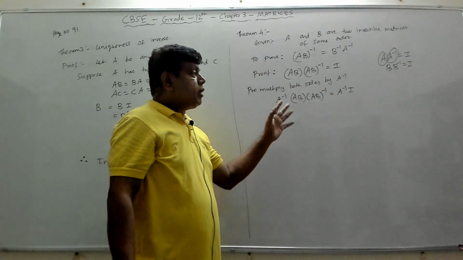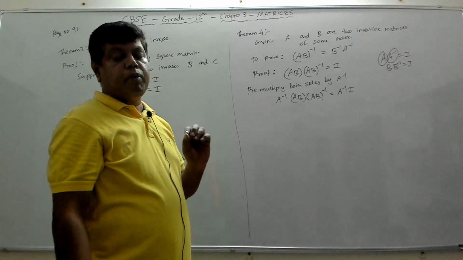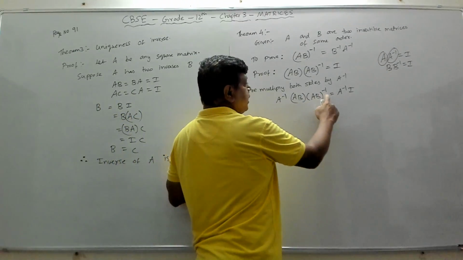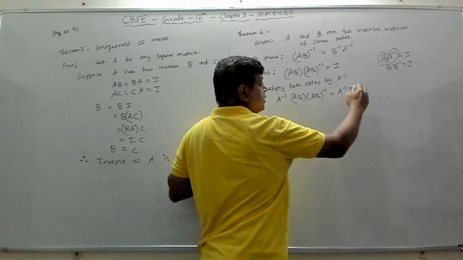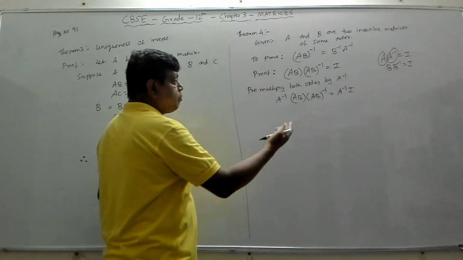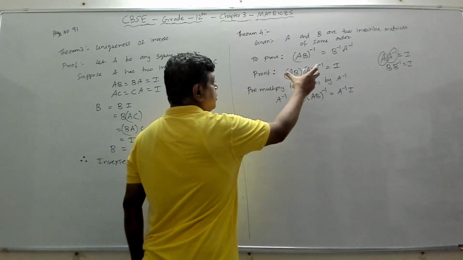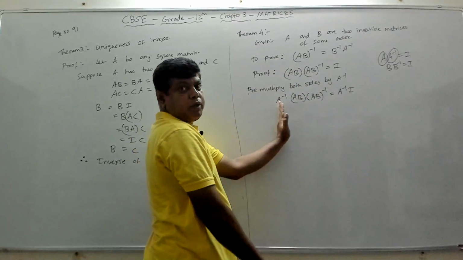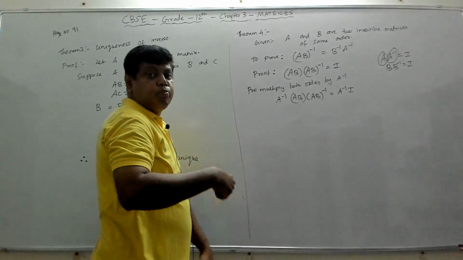You see, in matrix multiplication, pre-multiply and post-multiply are very important, because matrix multiplication is not commutative. So putting A inverse here and then writing A inverse after I, if you write I into A inverse, that is called post-multiplying by A inverse. Since we are pre-multiplying, first we are multiplying A inverse with I. So A inverse will come before I. So here also, for this entire matrix, A inverse will come on the left side. If A inverse comes on the right side, here and here, that is called post-multiplying by A inverse.